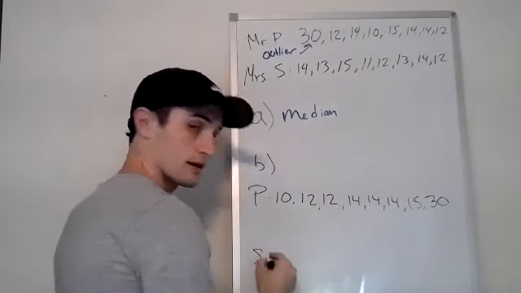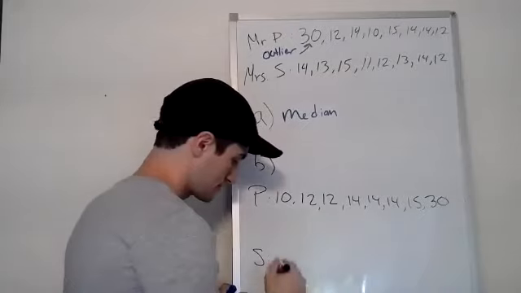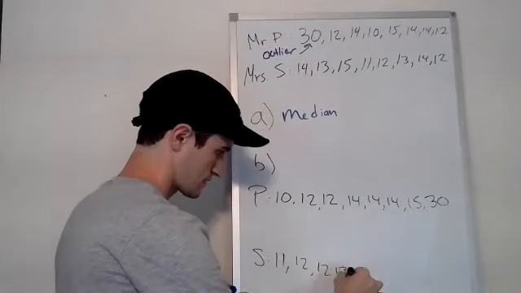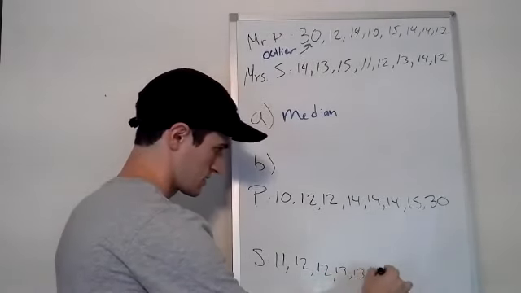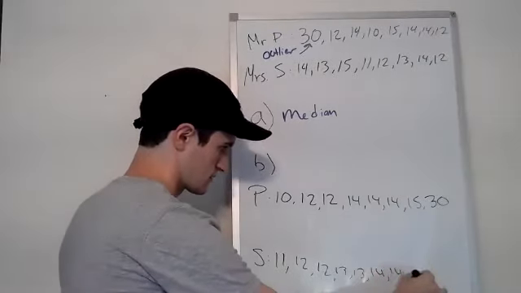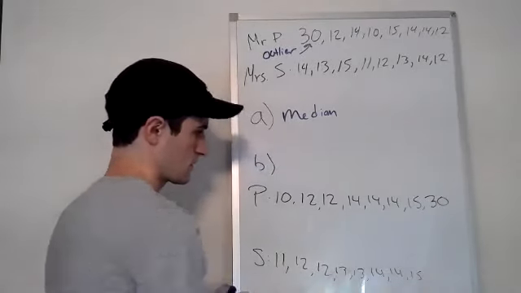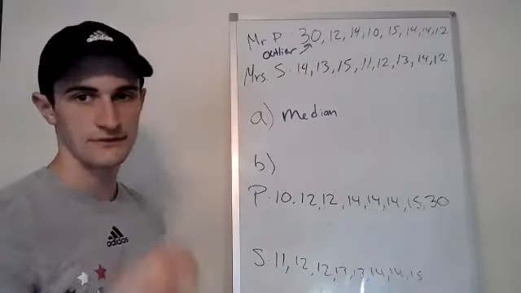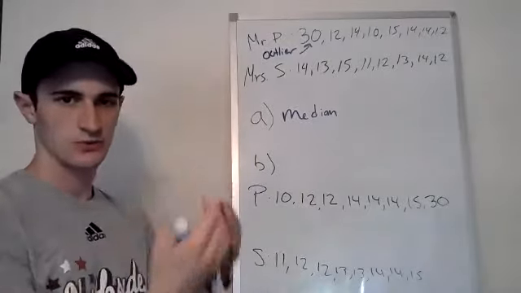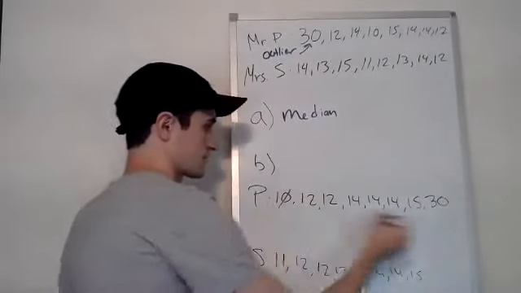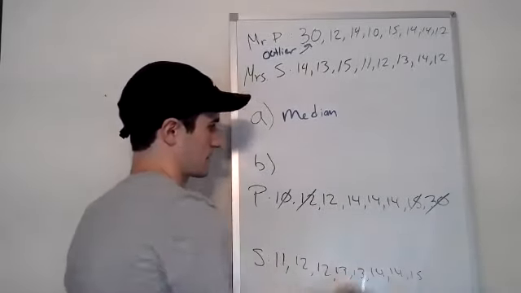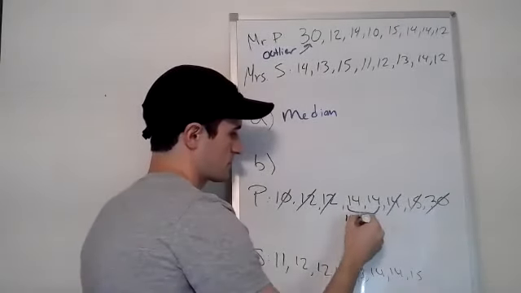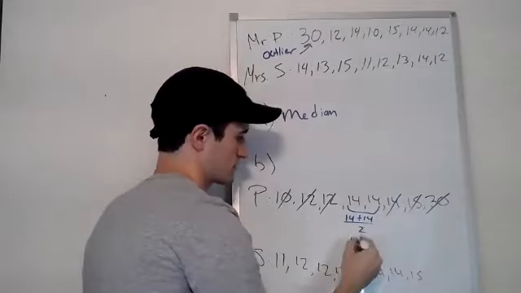And then for Smith's class, you can also see that. Yeah, when I get out of the way, you will be able to. So 11, 12, 12, 13, 13, 14, 14. All right. So again, what you're going to want to do is cross out one at a time, the first, the last, and then kind of go towards the middle. Cross the first and the last one out. Cross the first and the last one. First and the last one. Leaves us with two numbers. You want to take those. 14 plus 14 divided by 2 is just going to be 14.